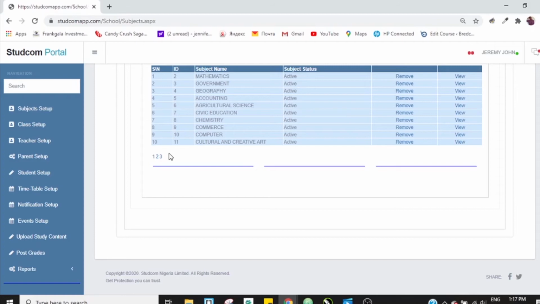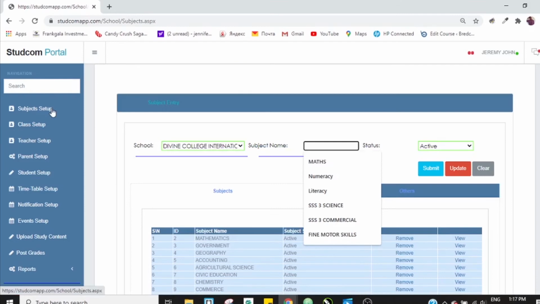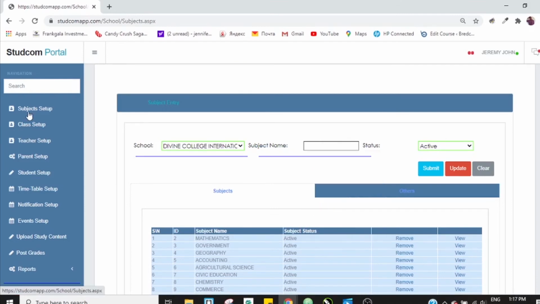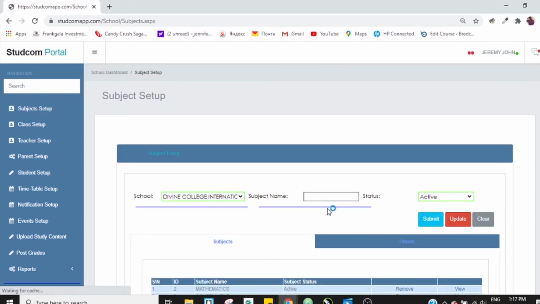To set up the subject is very, very easy. Once you hover to the left side of the portal, to this navigation bar right here, where you can see this mouse cursor, you just click on subject, that's exactly why you click on the subject setup. So a new dashboard is going to appear. This is the dashboard. What you simply have to do right here is just put in the subject